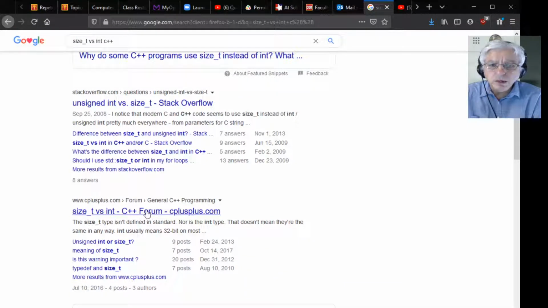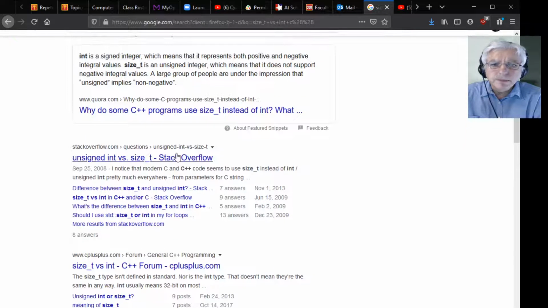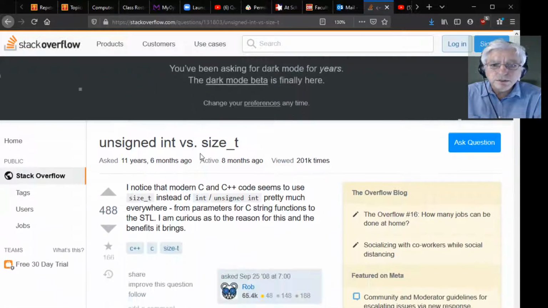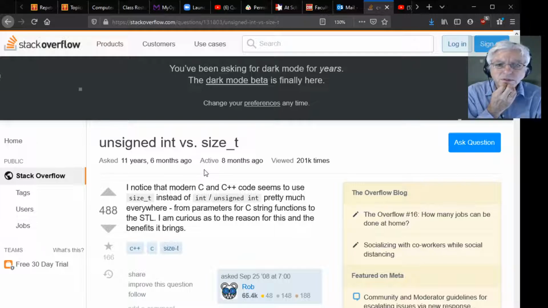There's also a forum discussion on C++.com. Let's go with this one, unsigned int versus size_t,